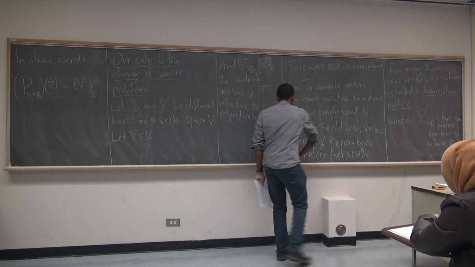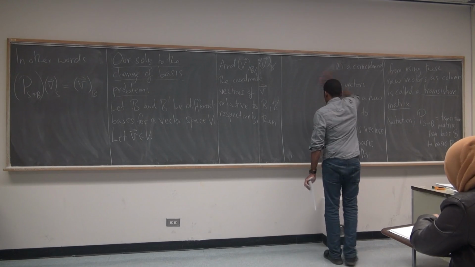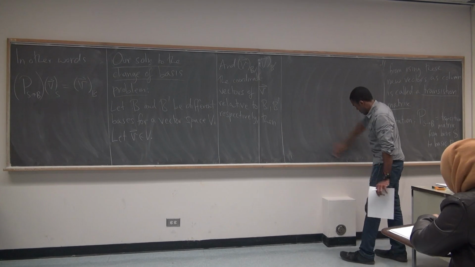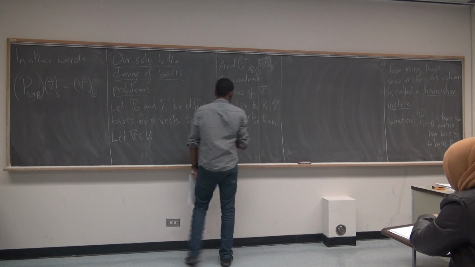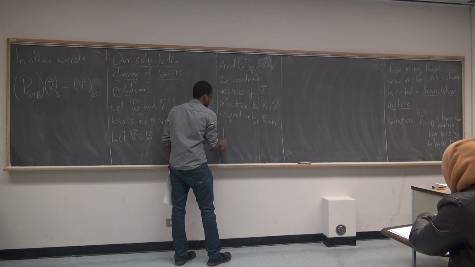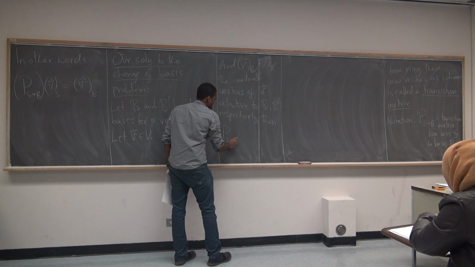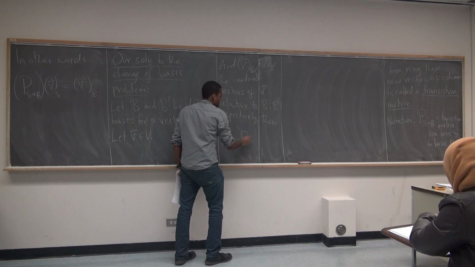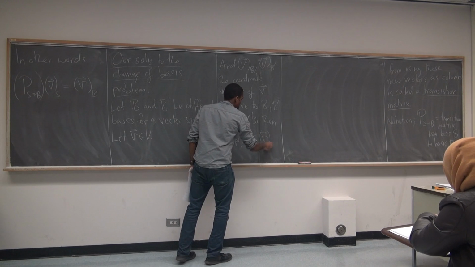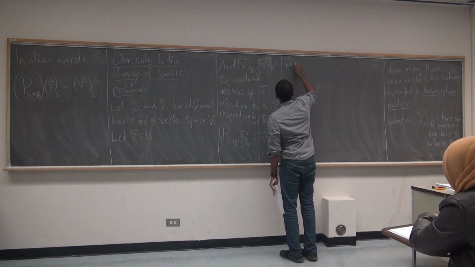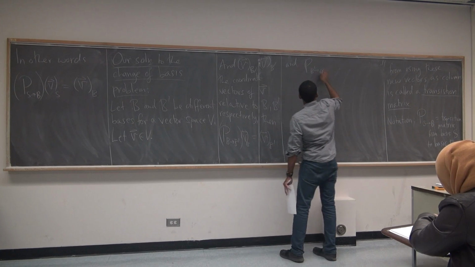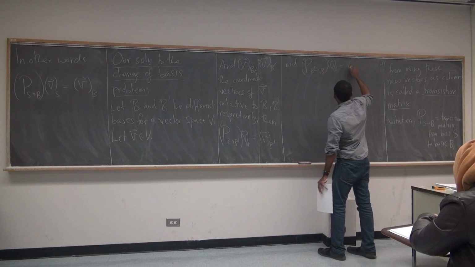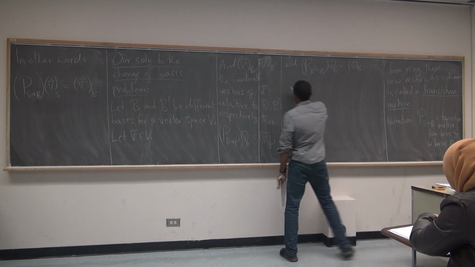Then P from B to B prime times [v]_B would give us [v]_B prime, and P from B prime to B times [v]_B prime will give us [v]_B, where